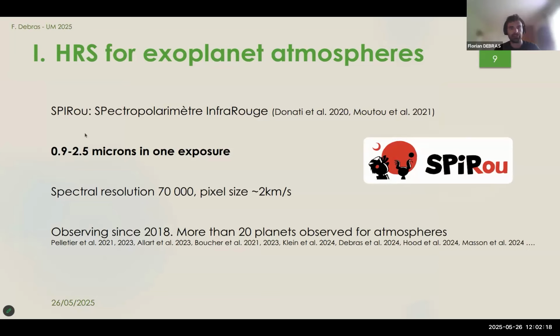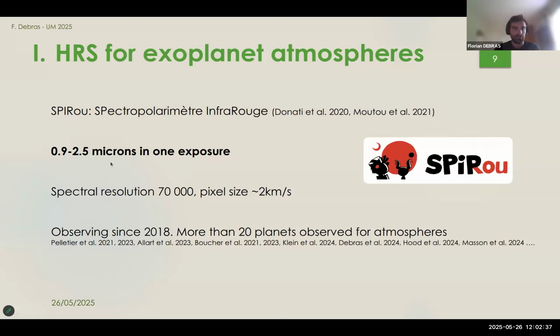All right, so just a quick word on why SPIRou is so important. It's because, as you see, I've put it in bold, it has a very large wavelength range in one exposure. It's also associated with a high spectral resolution and a high stability. But this is the most important thing. Just a side note, since 2018, there have been more than 20 planets observed